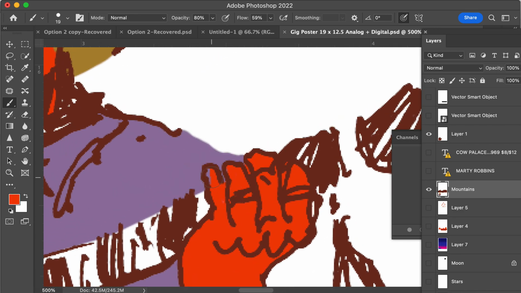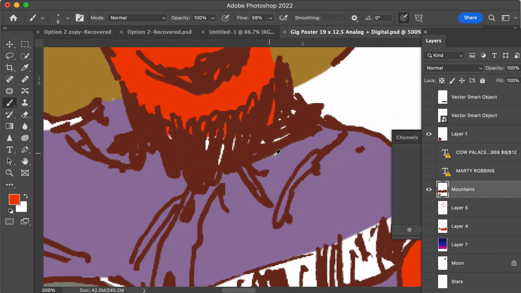So I'm selecting that orange color, and then just painting back here to get that filled in. I see some orange on the neck, but I think this is a scar for shadow,